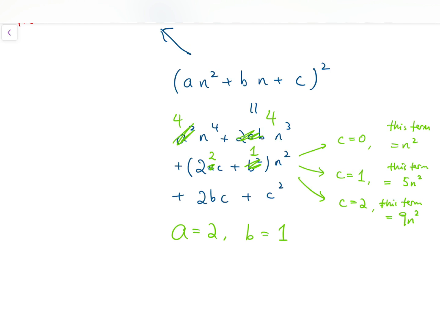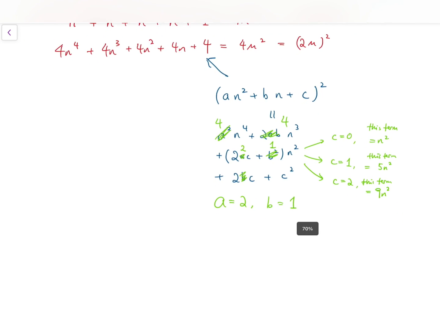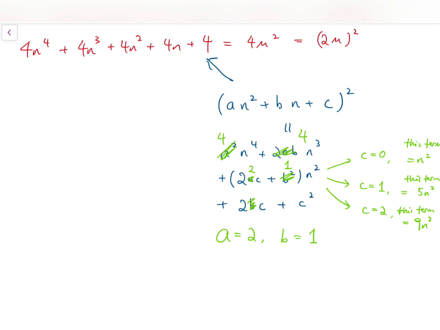Now let's move on and see what else we can do. For 2bc, it becomes 2c. And for c squared, we still have no information about it yet. So it seems that if I take c to be some value larger than 2, then clearly the square term, the linear term, and the constant term will all have coefficients larger than 4. If we take 0, then all those terms will have a smaller coefficient. So then from this we can say